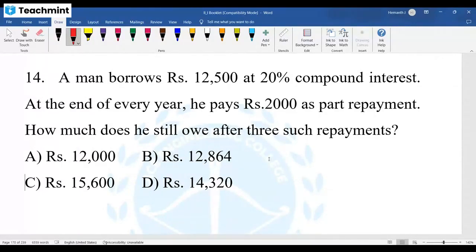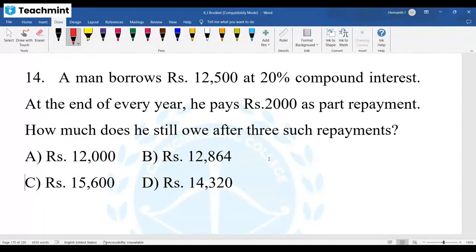So far we discussed 13 questions. No question is related to this model. What we discussed was, what is the amount after 3 years, with the interest only adding and you not paying anywhere. But this question is reality. You people also know, maybe your parents took some loan. Every month they are paying some amount. Or maybe you took a fridge on EMI. You are paying some amount every month.